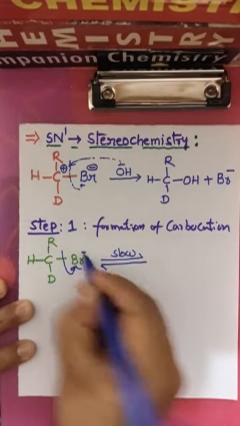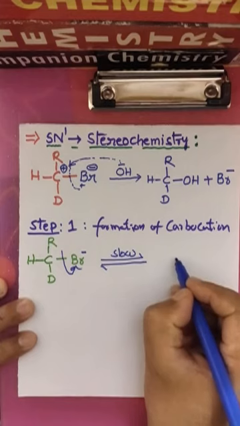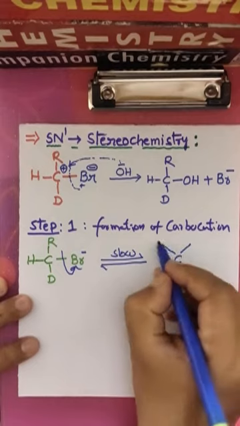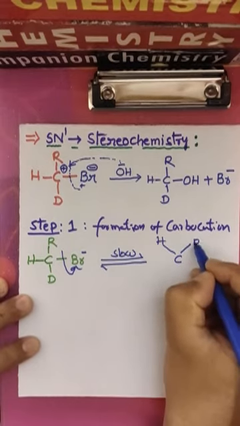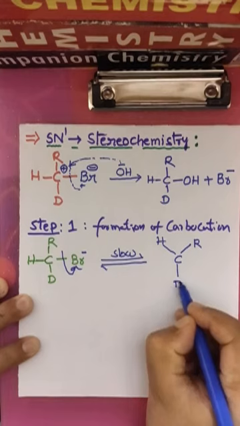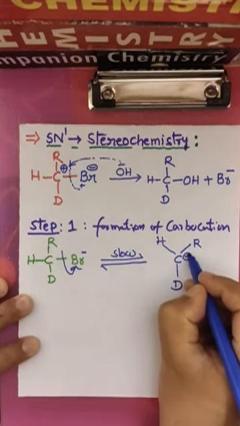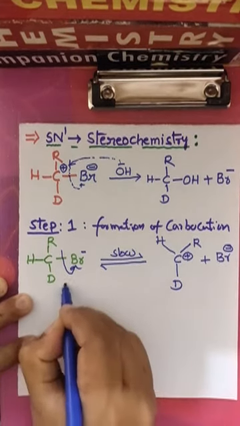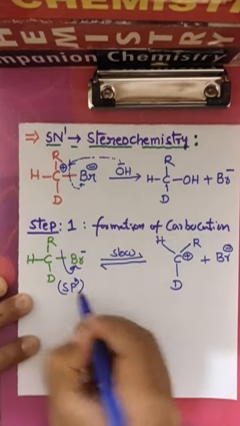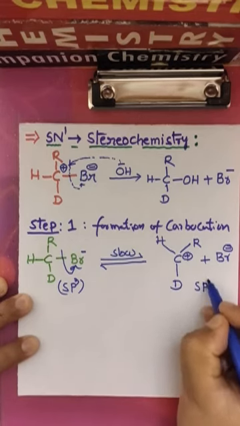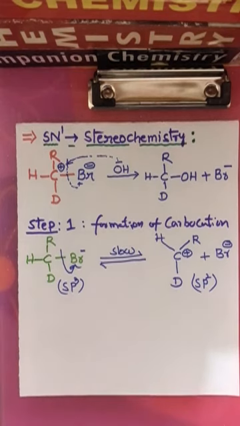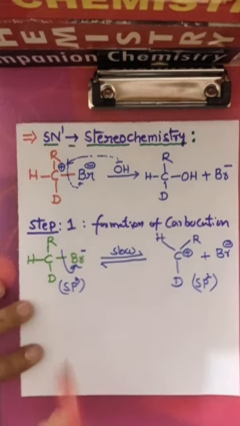Bromine leaves as a leaving group. We are getting a planar carbocation with a leaving group Br minus. This is sp3 hybridized, tetrahedral. This is sp2 hybridized, trigonal planar. So a trigonal planar carbocation we got. Then in step 2,